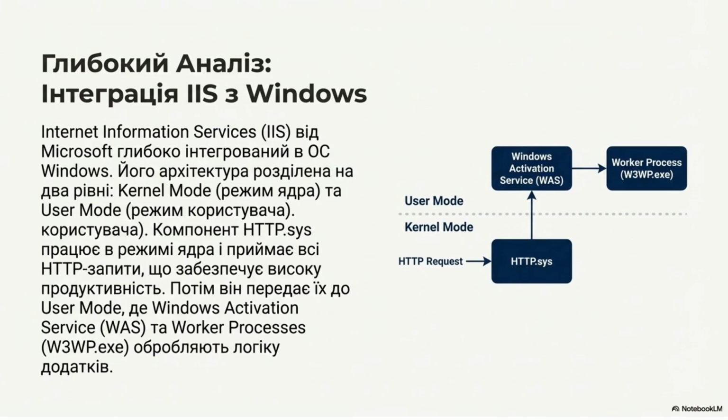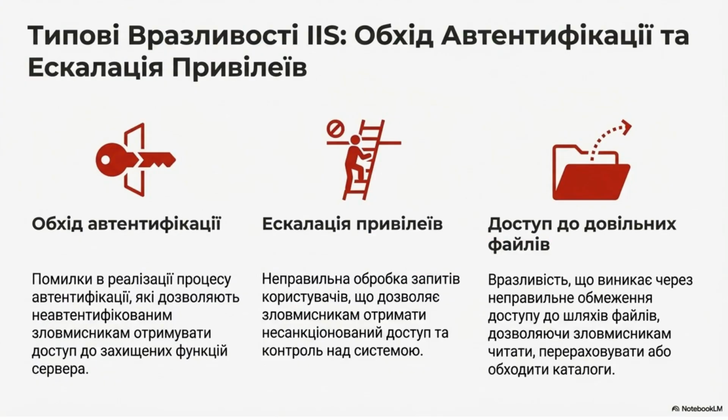Internet Information Services, or IIS, is deeply integrated with Windows. Its architecture is split into kernel mode and user mode. HTTP.sys in kernel mode handles all HTTP requests for high performance. Common IIS vulnerabilities include authentication bypass errors, privilege escalation from improper request handling, and arbitrary file access due to incorrect